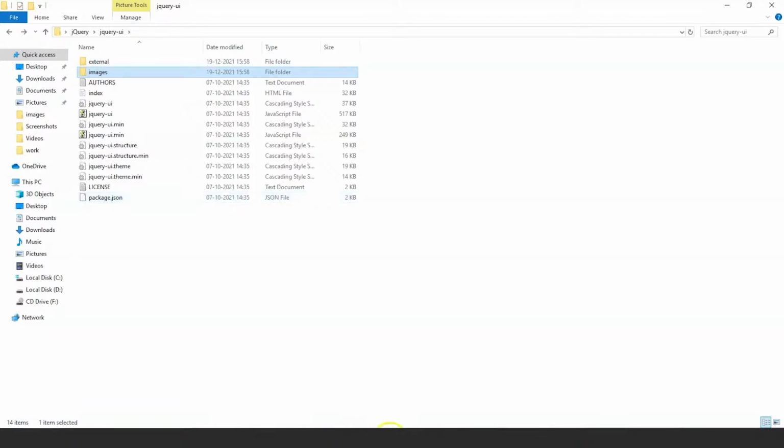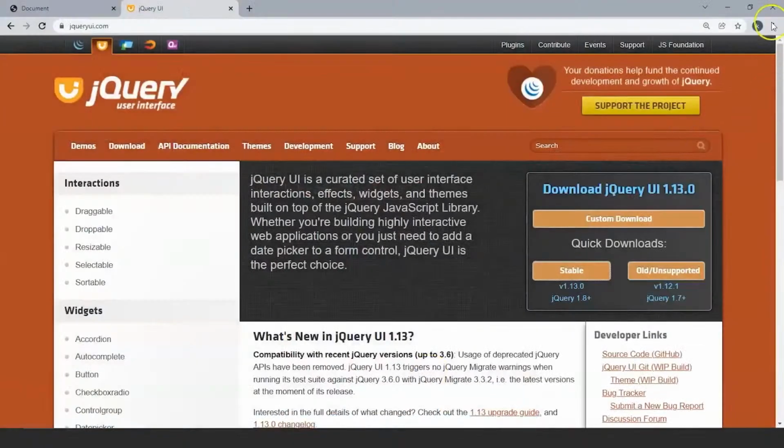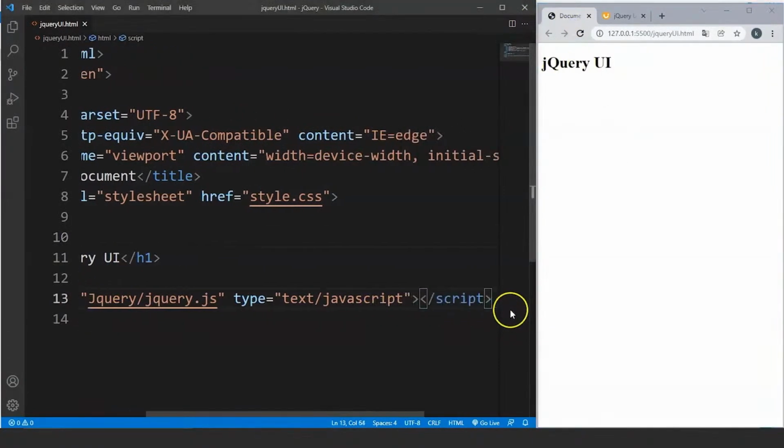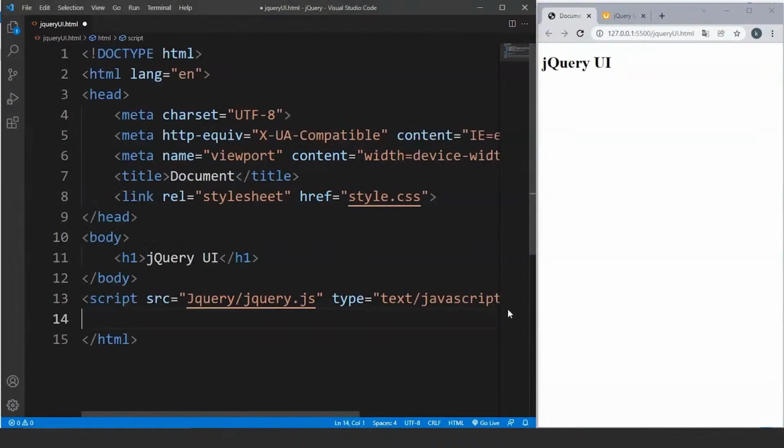What we'll do is we'll open VS Code and Chrome browser side by side. So here is the result of our first program. Now we'll add these files inside an HTML file. First of all, we have to include the JavaScript file. For that, we'll write here script, and then we'll write src is going to be